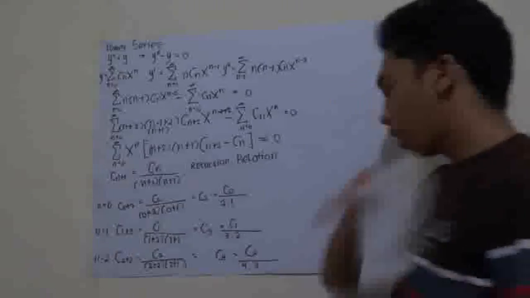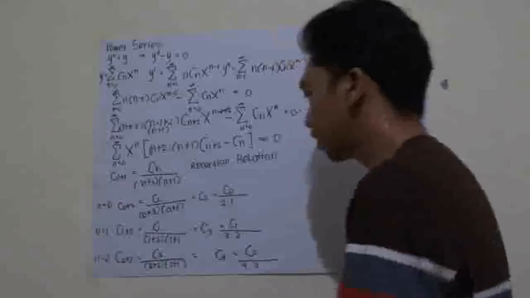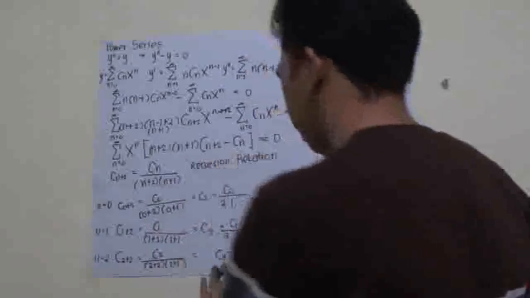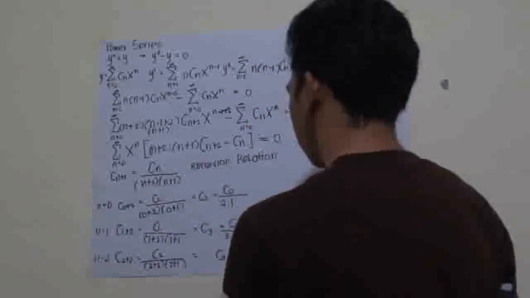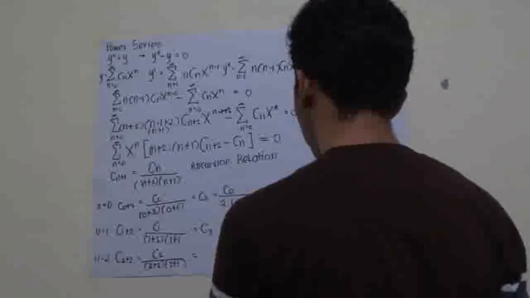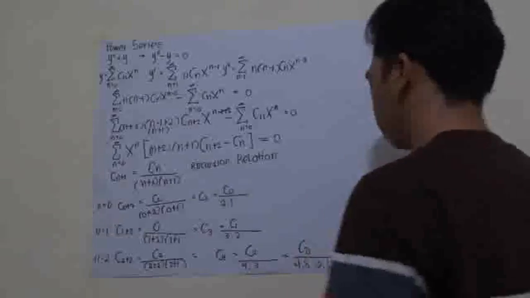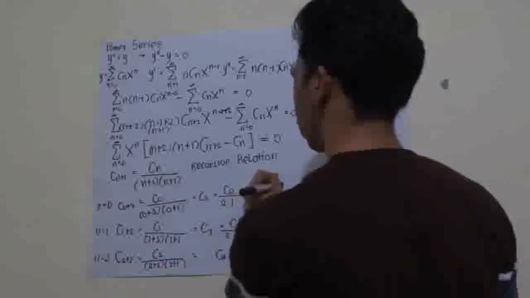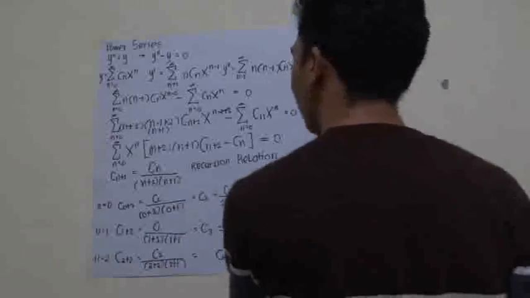So as you can see, there are repeating patterns of the constants c, because we have the value of c sub 2, so it will be c sub 0 over 4 times 3 times 2 times 1. And n is equal to 3. We have c sub 3 plus 2 is equal to